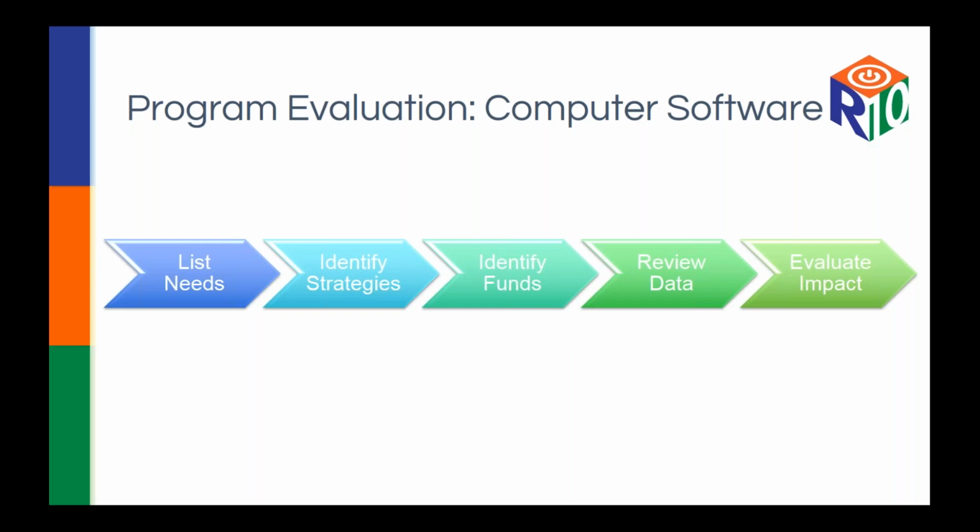So at the end of the year, if I'm conducting this evaluation in May, and I want to look at our overall parent and family engagement practices, I'm going to look at the overall impact of the policy and the compact on student academic achievement. I would do the same 5 steps. I would list our needs. I would identify all of the strategies that we used in this program, maybe not just the math night, maybe not just the computer software, everything that I did with parents and families, identifying the funds, reviewing the data,